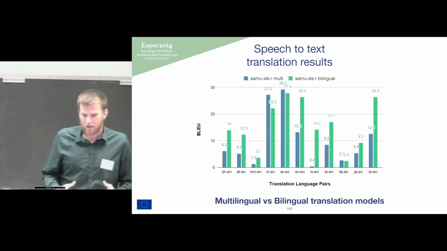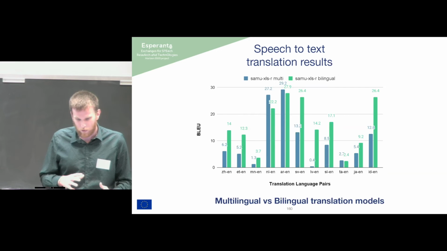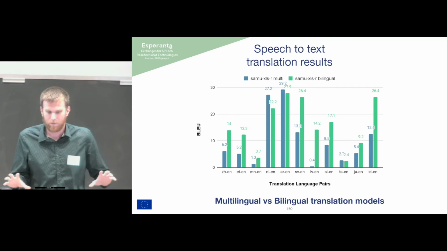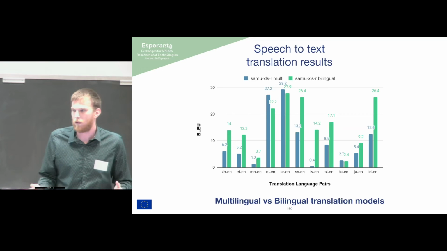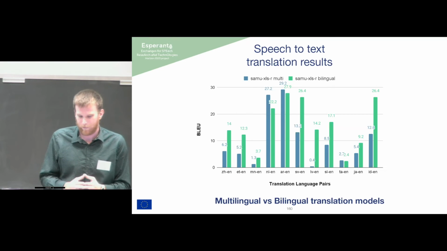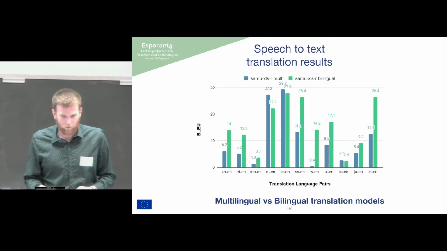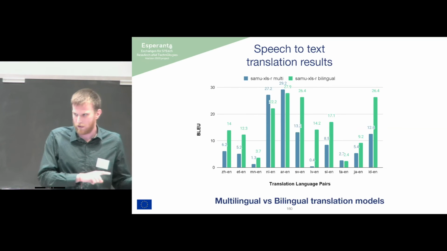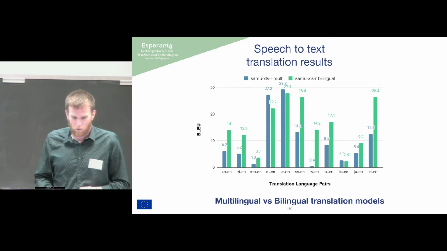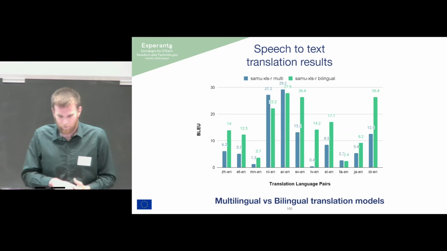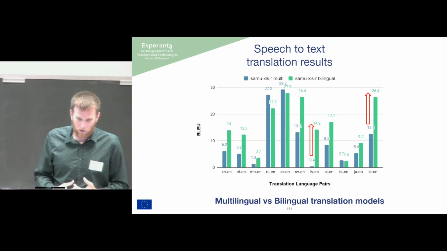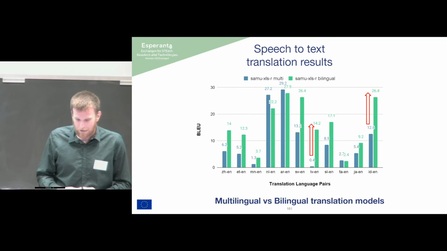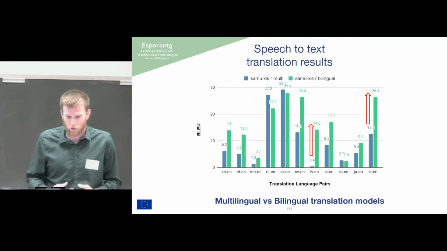Okay, so the following experiments now try to use bilingual models. That means that instead of using a single model trained on all the data, now we're going to take each one of these language pairs. That means going from Spanish to English, for example, and we will train a model on that data. In this slide, we are comparing the performance of the multilingual model, the one I showed in the previous slide in blue, with the bilingual model in green, trained only on that specific language. So what we can see here is that some of the languages that were getting the worst performance in the multilingual model get a huge boost in performance when using this bilingual model.